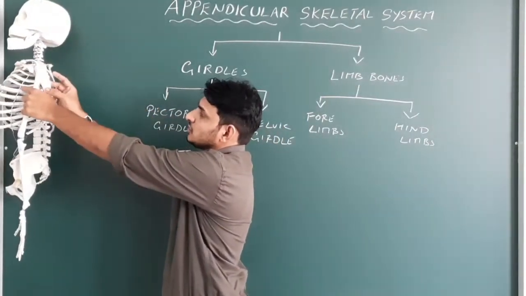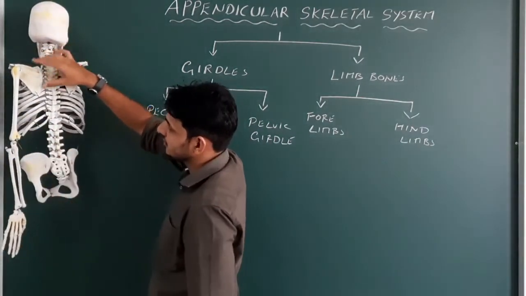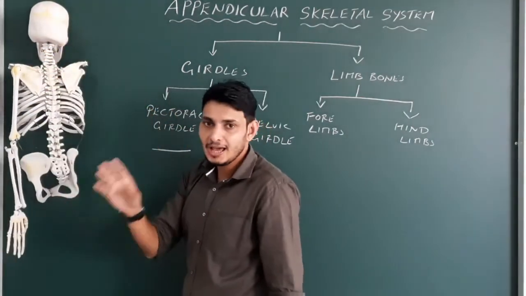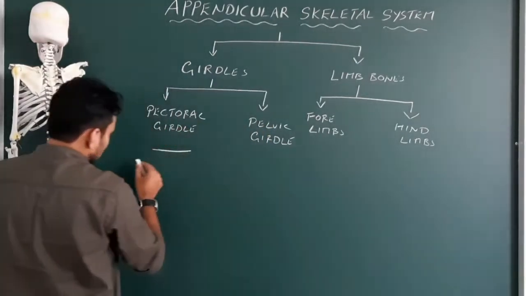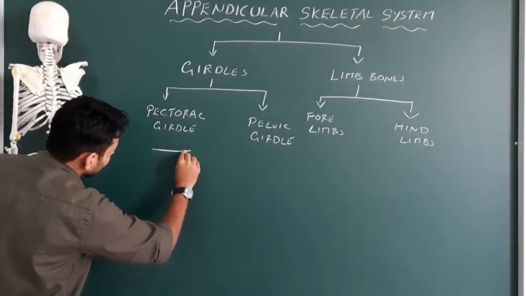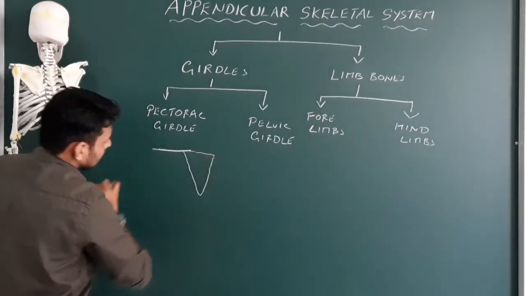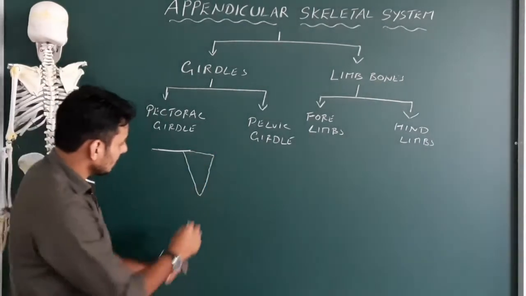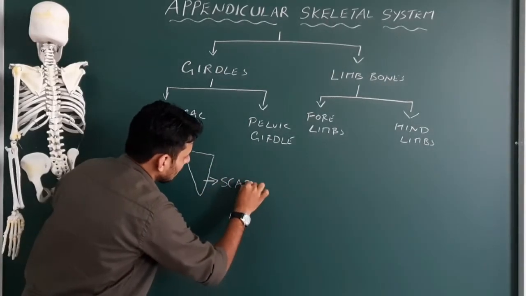And on the dorsal side there is a triangular shaped structure. You could see here, this structure is actually called the scapula. So scapula and clavicle make the pectoral girdle. We draw that diagram now, and somewhere else here we have that triangular shaped structure, like this. This is the very important component of the pectoral girdle called the scapula.